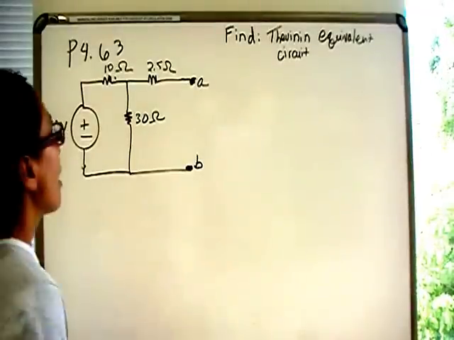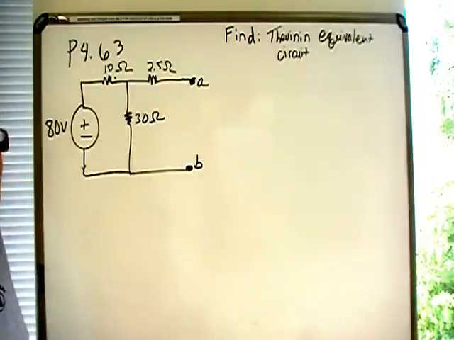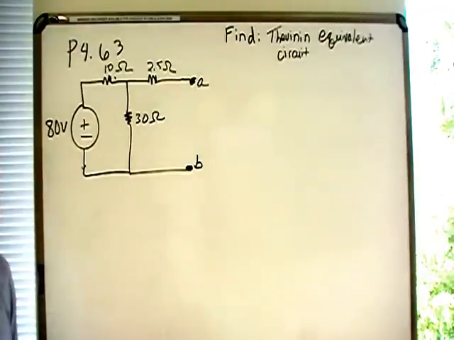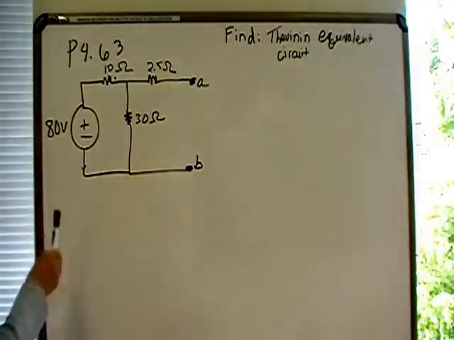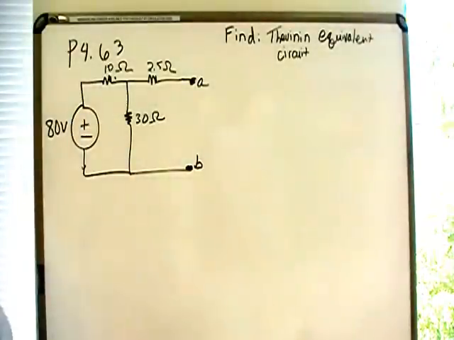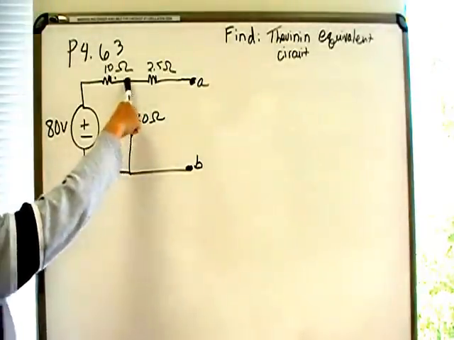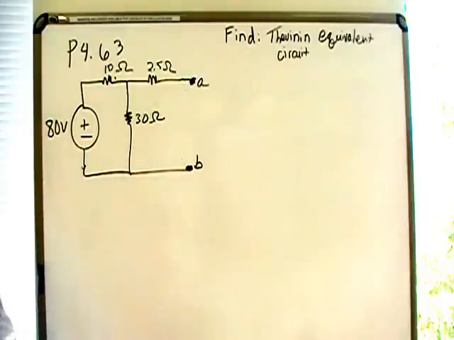Hi you guys, so I got a request for Thevenin equivalent circuits and Norton equivalent circuits, so I thought a pretty good problem is problem 63 from chapter 4 on Thevenin and Norton equivalent circuits. And here we have an 80 volt independent voltage source in series with a 10 ohm resistor. Then you have a 30 ohm resistor, a 2.5, and some load AB that you're trying to figure out what